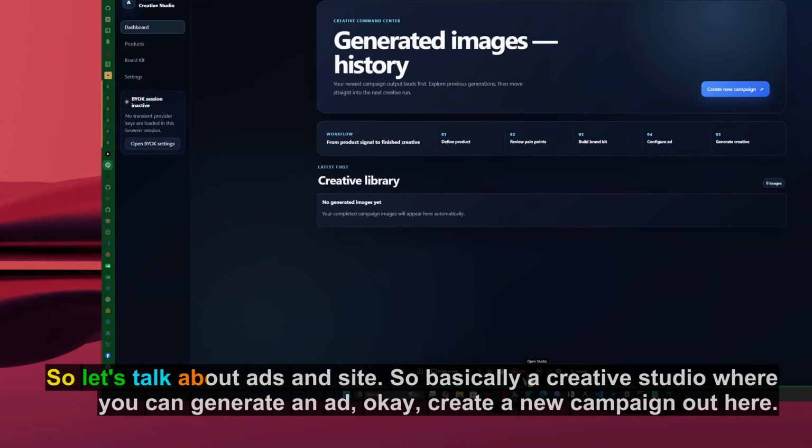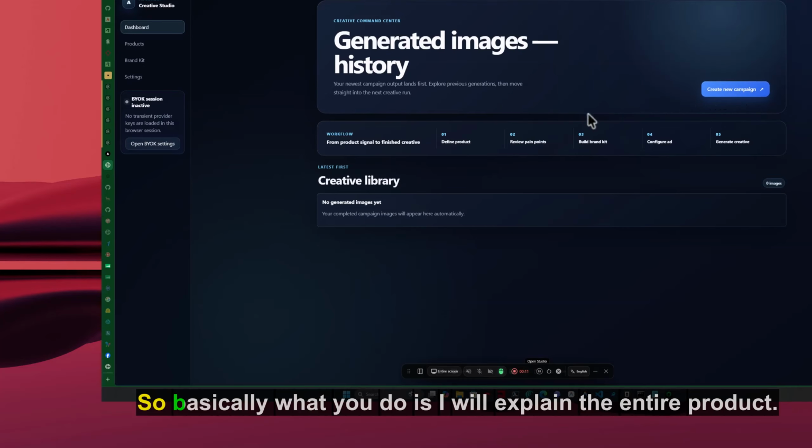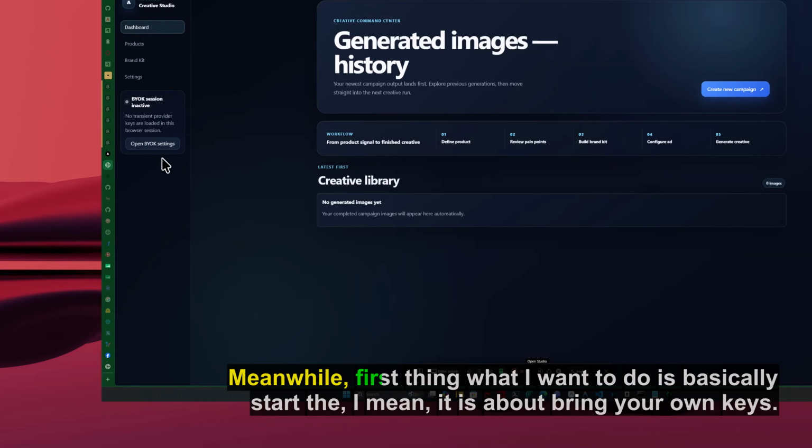So let's talk about AdSense. So basically, a creative studio where you can generate an ad. Okay, create a new campaign out here. So basically what you do is, I will explain the entire product. Meanwhile, first thing what I want to do is basically start the